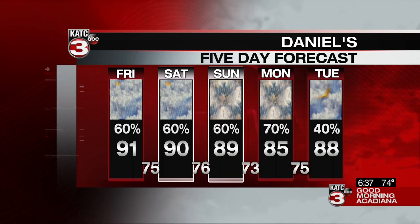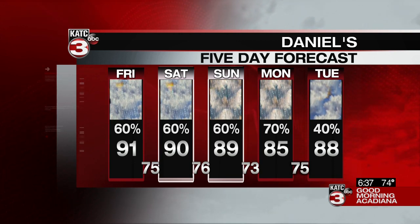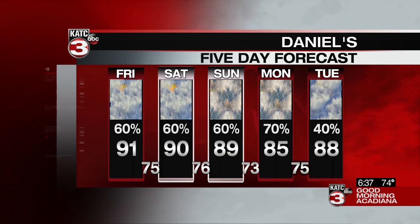Sunday and Monday's forecast is dictated by the tropics. Maybe a little drier air towards the end of next week. We'll talk about that in a bit. We'll also have a full breakdown of all